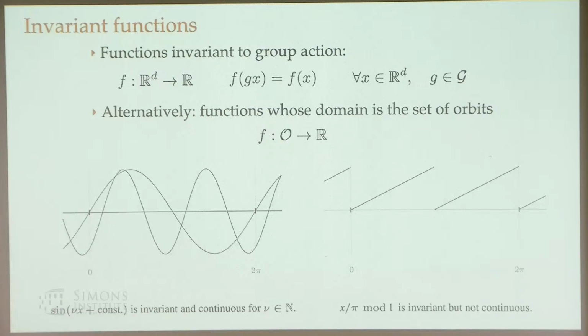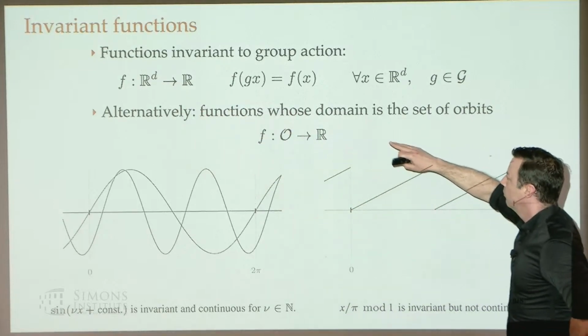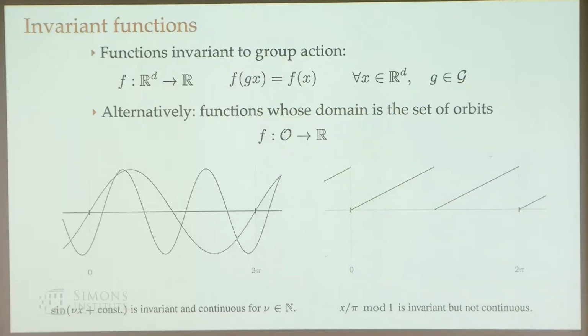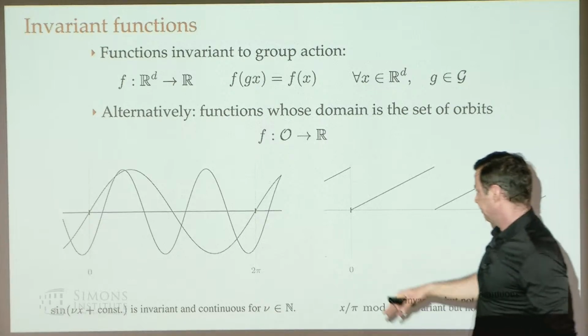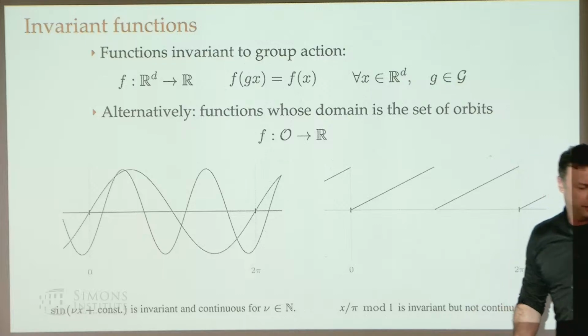So the game we're trying to play here is to identify and build, or parameterize, functions that are invariant to these kinds of groups. Invariance is just the property that if we have some function, in our case from R^D to R, when we apply the group action to x, we just get the same value back for f, and that needs to be true for all x and all g. Another way to think about this is that we're defining a function of the space of orbits, right? So every orbit gets its own unique value.